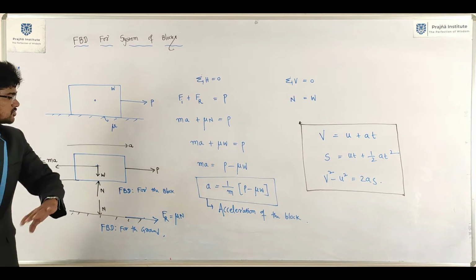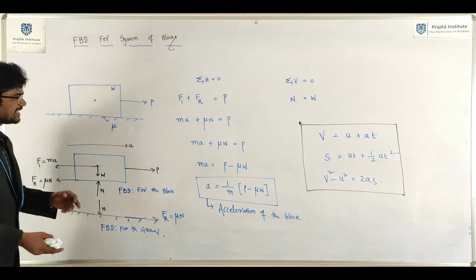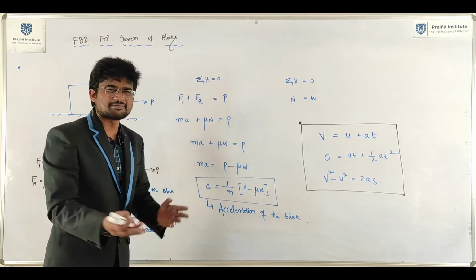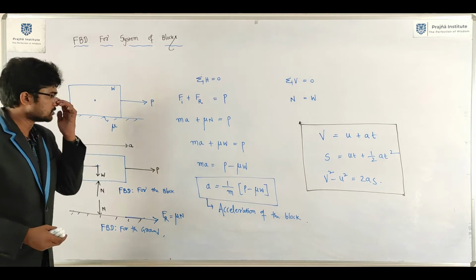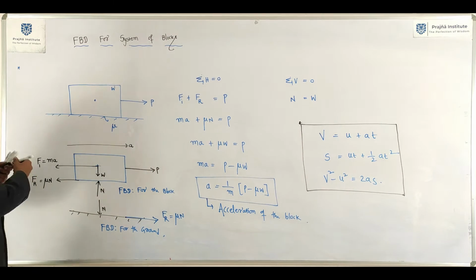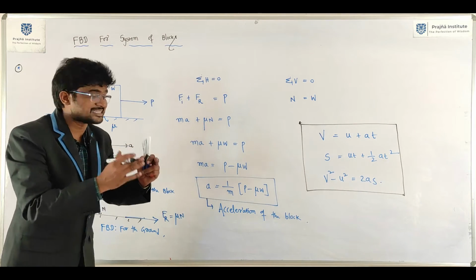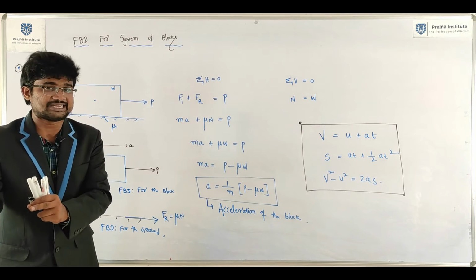Focus on the 5 statements. You can happily draw the free body diagram. Just applying the equilibrium equation is a very simple thing. After that, some calculations will come. Okay? So this is the logic. There is just a first step. I gave the complete thing. Follow the same procedure for the remaining questions.